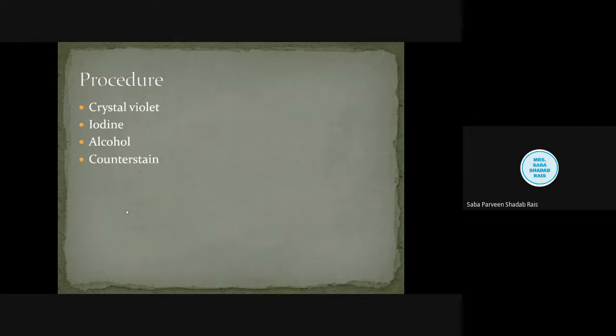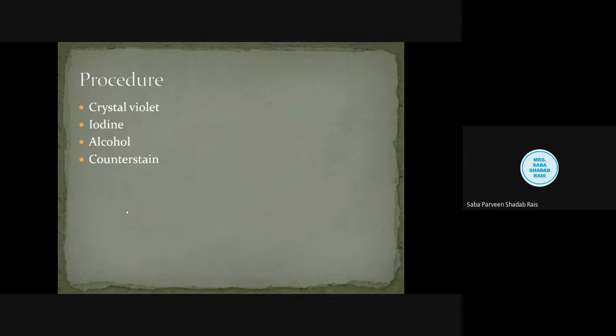Now thereafter we are going to use the mordant. Mordant means a substance which enhances the affinity of the stain for the cell wall. When we add the iodine, iodine acts as a mordant. In simple words, we can say it is a trapping agent which helps the binding of the primary stain. Now see how it is going to bind the stain inside the cell wall. Here we want to retain the stain, which is in liquid form, inside the bacterial cell wall. So how is it done? It is done by the iodine.